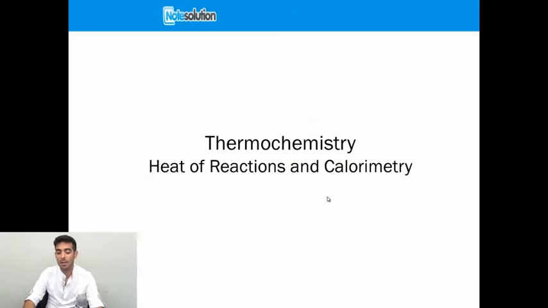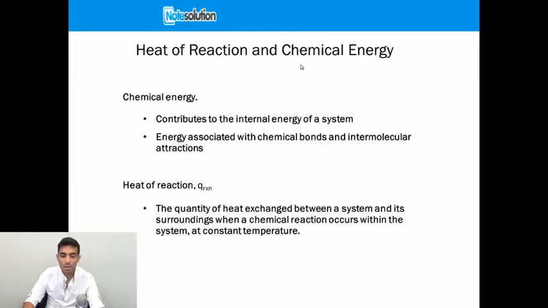In this subtopic of thermochemistry, we're going to discuss heat of reactions and calorimetry. So let's just give you an overview about chemical energy. Chemical energy, the energy that is produced or gained through a chemical reaction, contributes to the internal